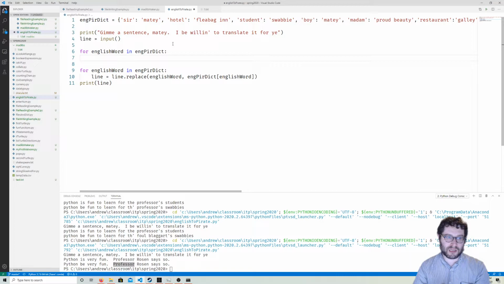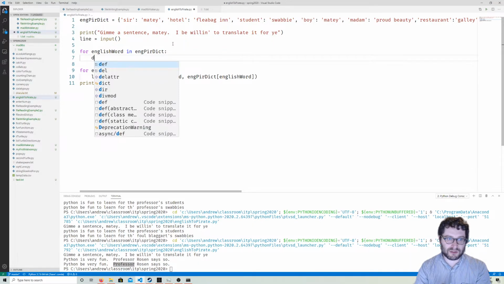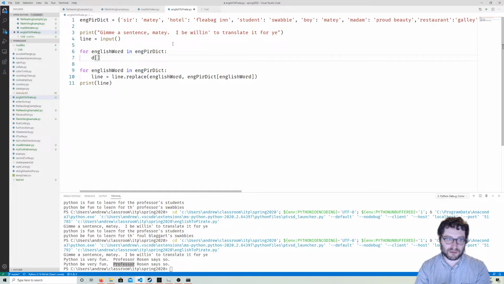for every word in the English Pirate dictionary, we're going to put in a new word. Let's see if this will work. If we can modify, well, actually, we'll see if it can work because I'm not sure if we can modify it while we're going over it. So, English Pirate Dictionary. So we're going to see if this causes an error. If it does, great lesson. If it doesn't,